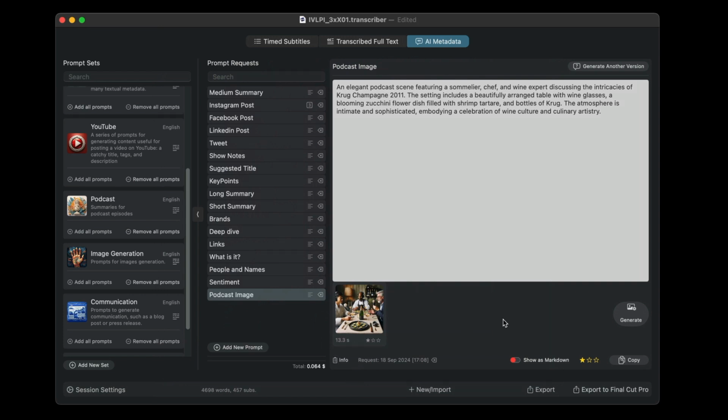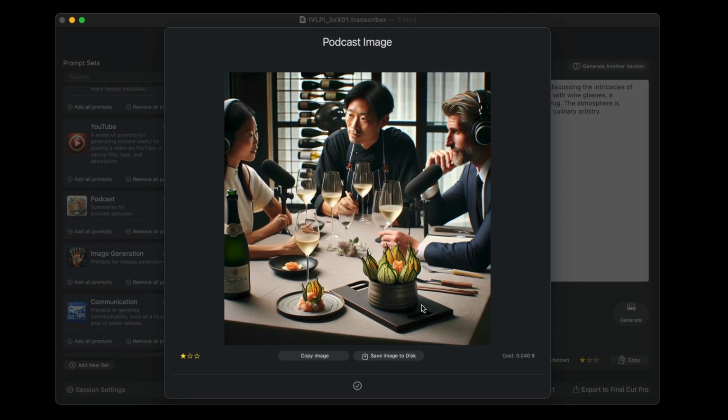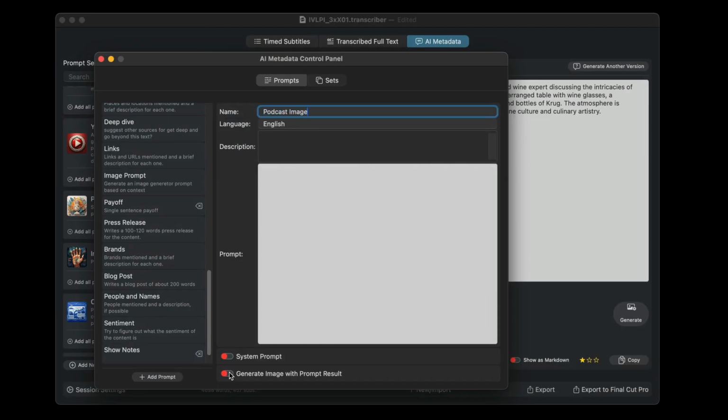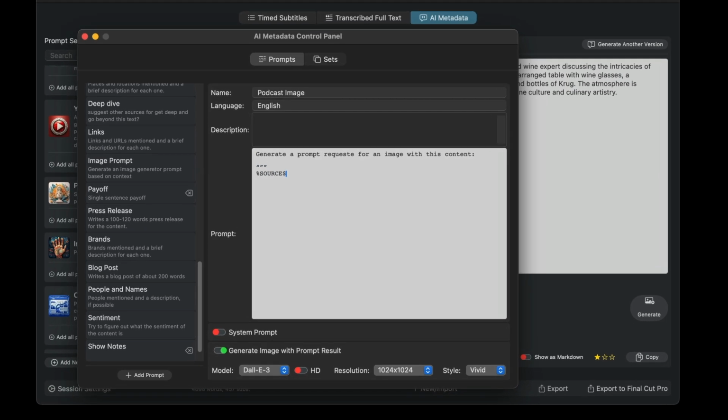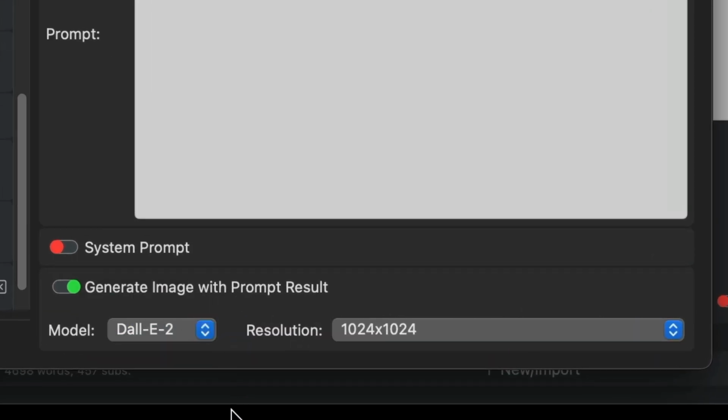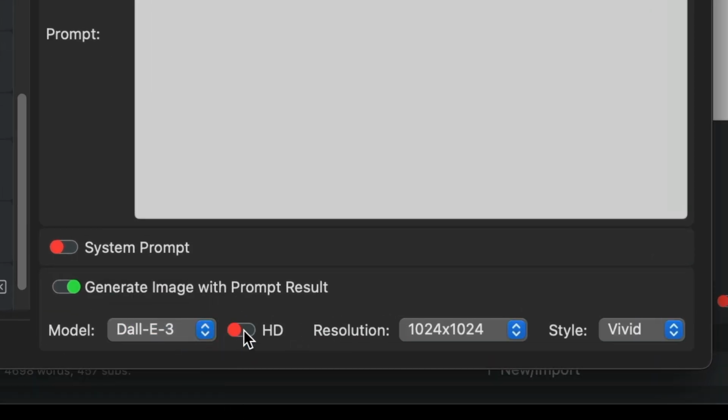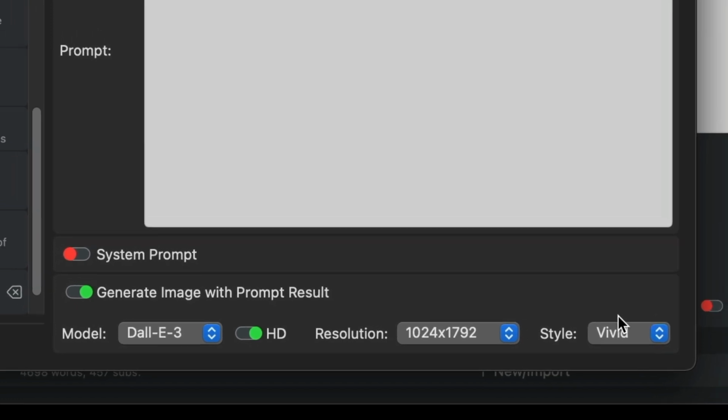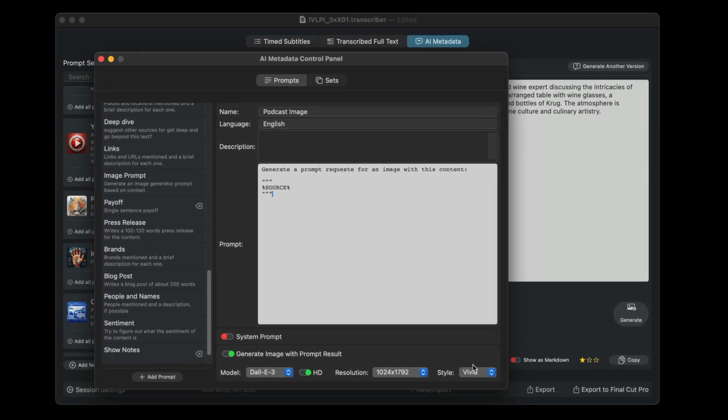If you are not satisfied with one image, you can generate more images again with the same prompt. You can create image generation prompts by choosing the template. We recommend DALL-E 3 because DALL-E 2 has a quality that is not up to the standard. By choosing HD, you can generate images not only square but also in 16:9 horizontal or vertical. You can choose between normal and vivid style. The vivid style is more refined, qualitatively better, more of a stock photo than an everyday photo.